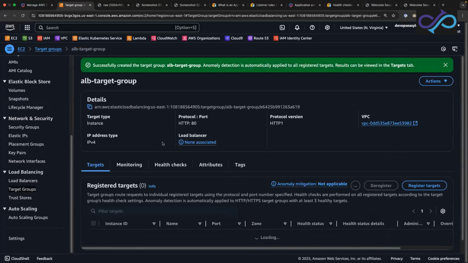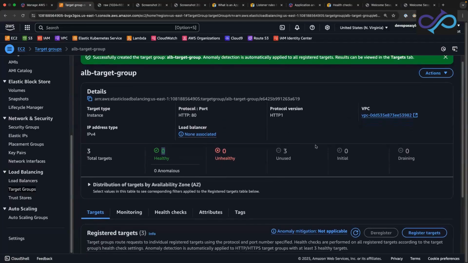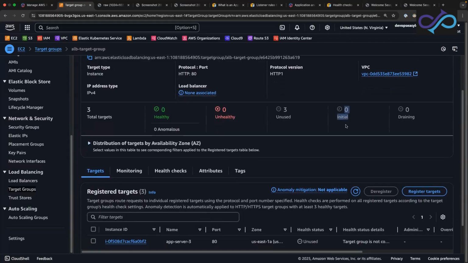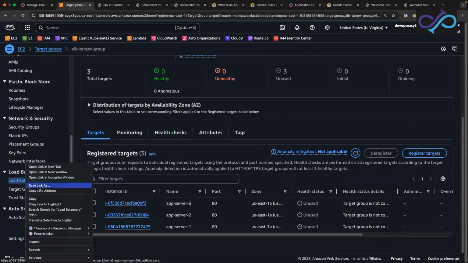Now, while the target group is loading, remember from our network load balancer series, we stated that you need to have all 3 EC2 instances present and healthy here for it to work. While this one is getting ready, you can see it should tell us that initial is 3, and then it's going to point us to all 3 EC2 instances here. So while this is getting ready, let's open our load balancer